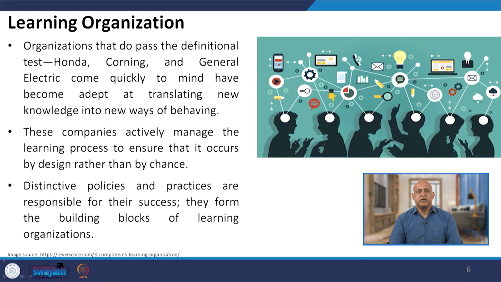Learning organizations that meet the definitional test, like Honda, come to mind, and Corning and General Electric too. They have become adept at translating new knowledge into new ways of behaving. So, these are the certain examples given here, like Honda, and these organizations are transferring their new knowledge into new ways of behaving. And these companies actually manage the learning process to ensure that it occurs by design rather than